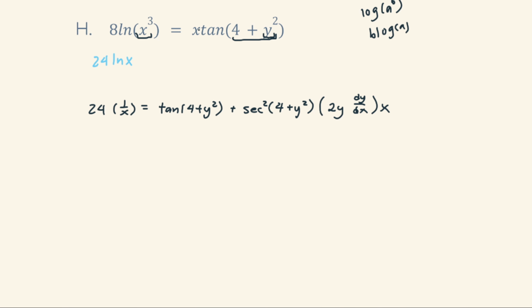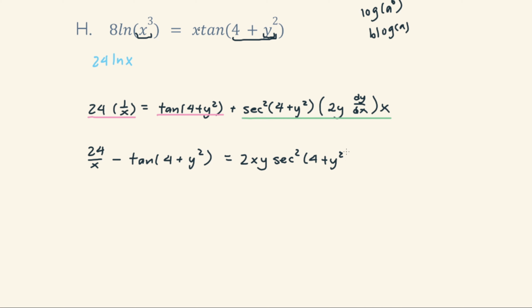Now, we've got this term here with the dy over dx, and this guy doesn't have dy over dx, neither does this guy. And I guess since there's only one term here with dy over dx, I can just keep it on the right instead of moving it to the left. I'll move this guy, this pink guy, to the left, okay? So we've got 24 over x minus tan of 4 plus y squared, and that's going to be equal to 2xy secant squared 4 plus y squared dy